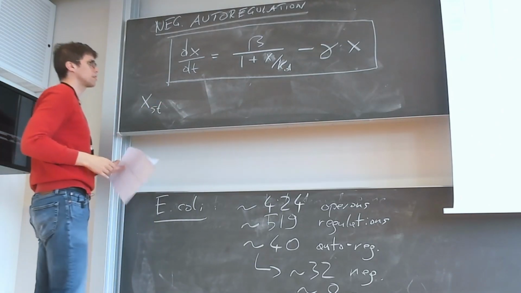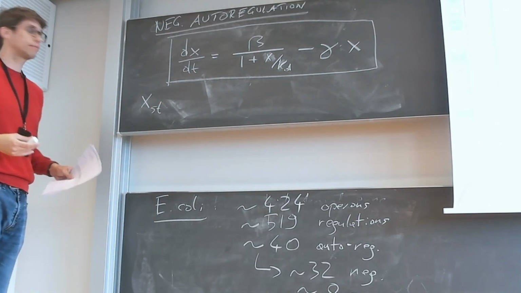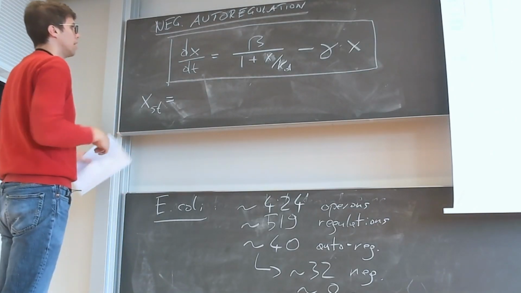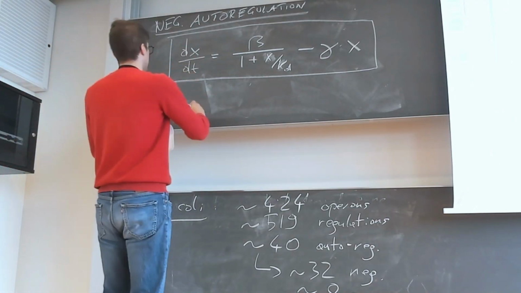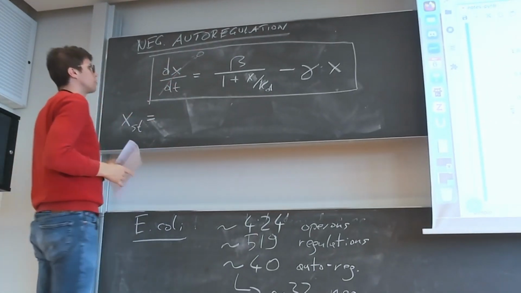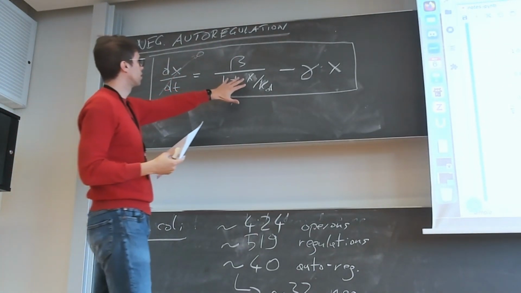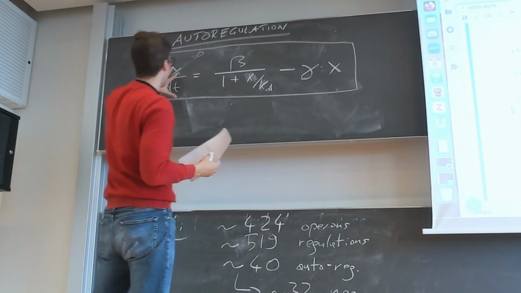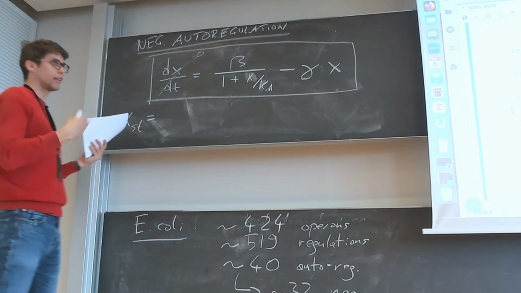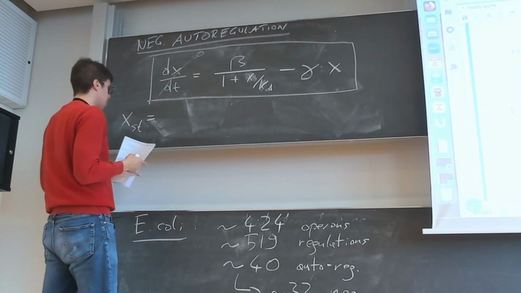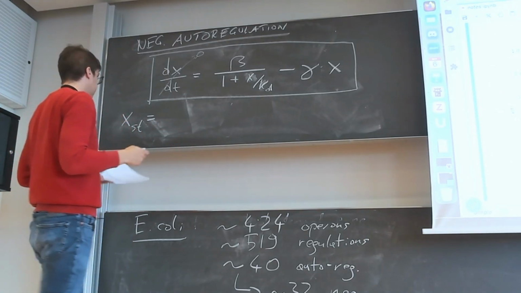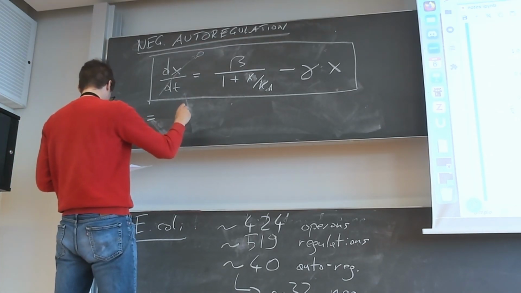ODE model, first question that you can ask is, what's the steady state? The steady state for this is, of course, you set the derivative to 0, and then because you will get the gamma x on the other side, you will multiply by the denominator here, so you will get a quadratic equation, which you can solve. And you get something like we'll